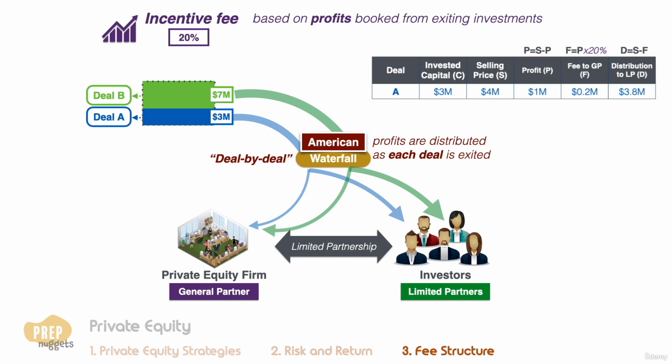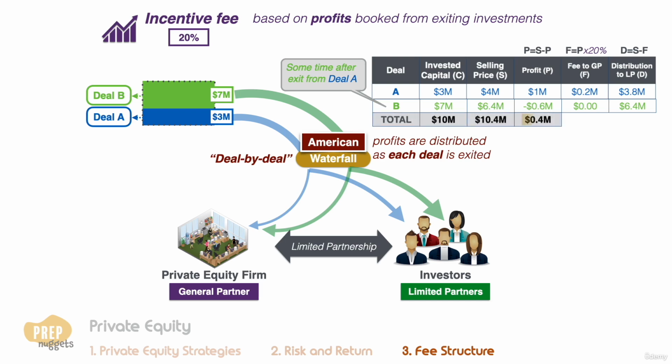Let's say sometime later, Deal B was sold for $6.4 million. As the amount committed to the project was $7 million, there was a loss of $600,000. Since there was no profit made, the GP receives zero incentive fee from this deal. So in summary, for the entire PE fund, the total profit made was $400,000, and the GP took $200,000 in incentive fee. The incentive fee in aggregate is actually 50%, much higher than the 20% incentive fee specified in the